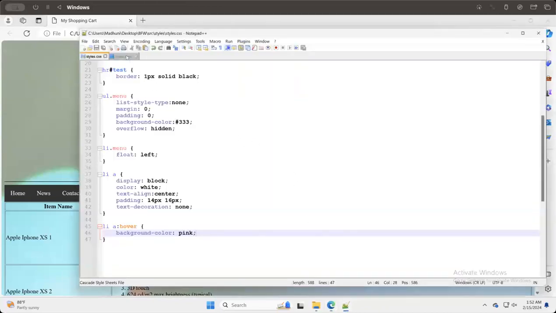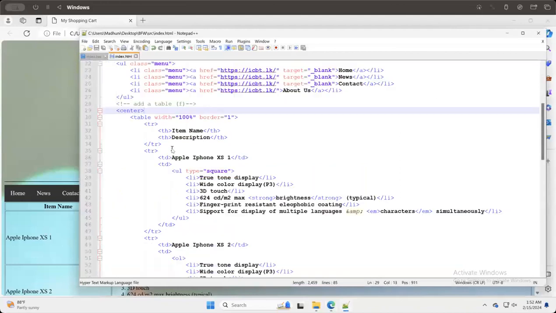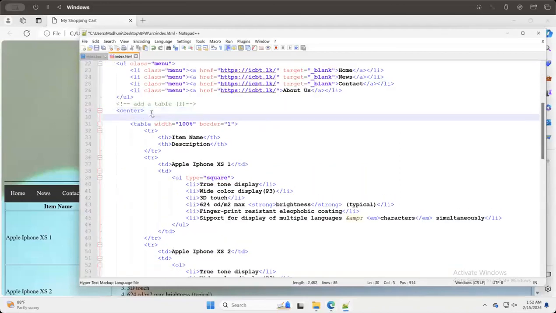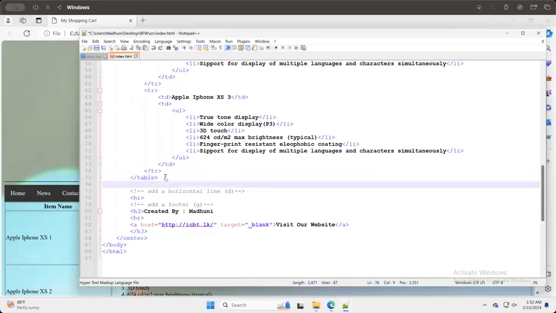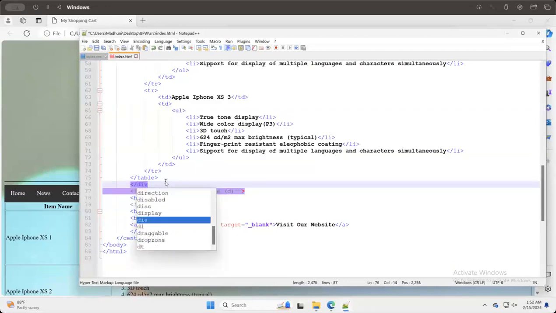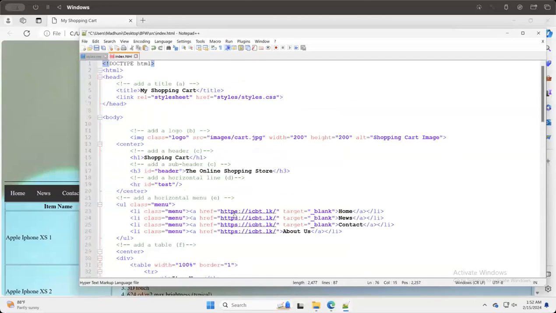So in here, we need to add the whole table within a div tag. So here I'm giving div. And once we finish the table, like this, right? The next one,